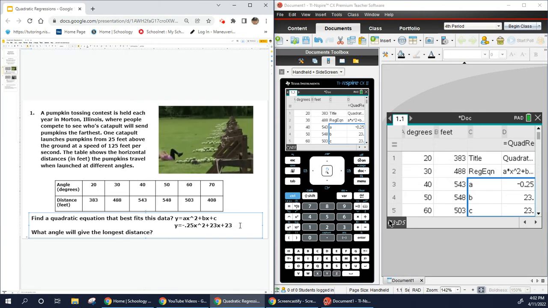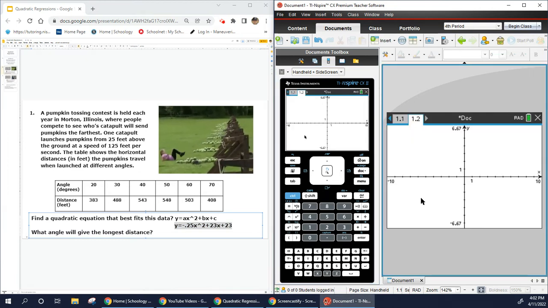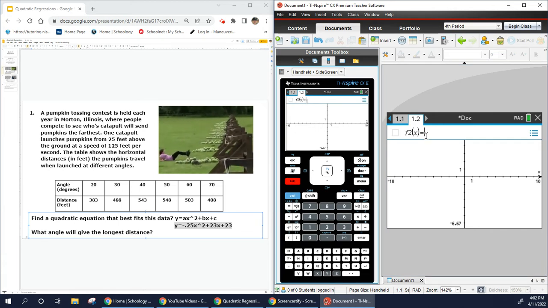The purpose here is to find the equation. Now, I can take this equation and graph it and answer the question that follows. So let's do that. I'm going to go home, go to graph, and let's graph it. When you press the tab button, it'll take you to the graph. Let's type this in as negative 0.25 x squared